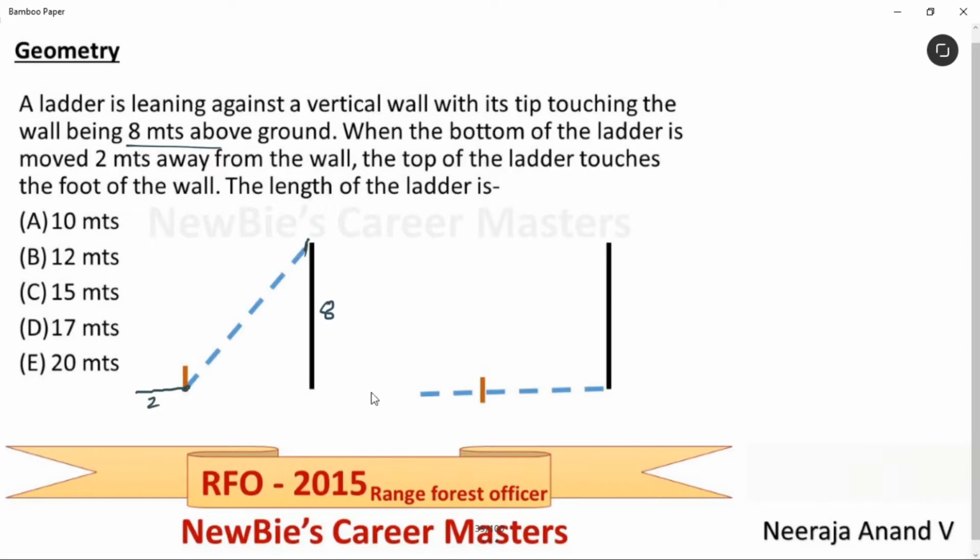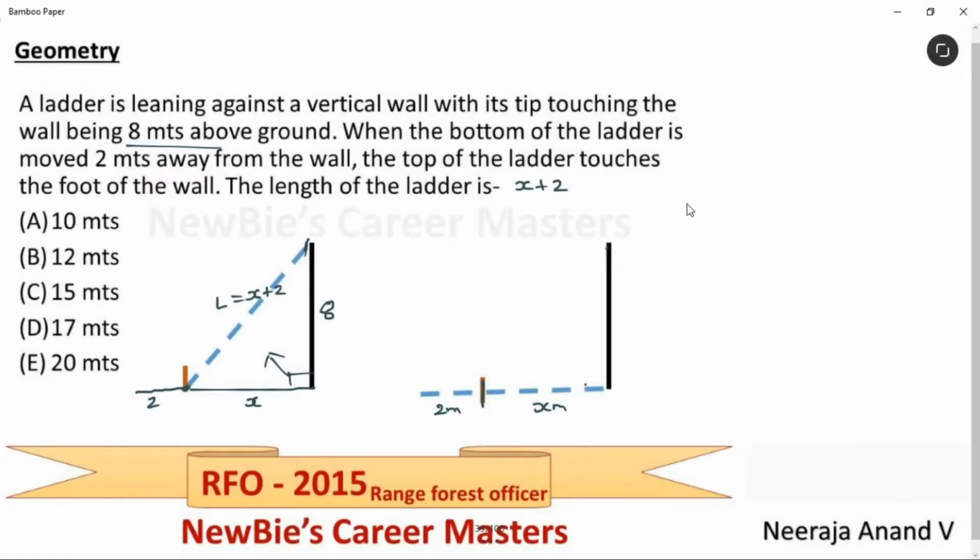Am I clear? See, this was the initial point. What is this length then? 2 meters. Correct? And what is this length? Let's assume this as x meters. Can we say the length of the ladder is x plus 2? If we find the value of x, then plus 2 is the answer, right? After getting the length of the ladder, it is very simple. See, this length we know it is x meters and this length is the length of the ladder. Let's take this as x plus 2. Correct? What is this triangle? This is a right angle triangle. We can use Pythagoras theorem to answer now.